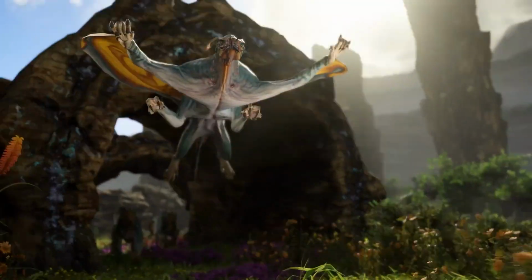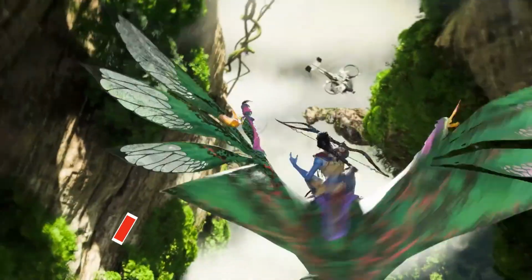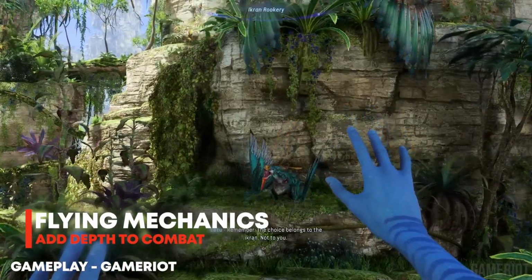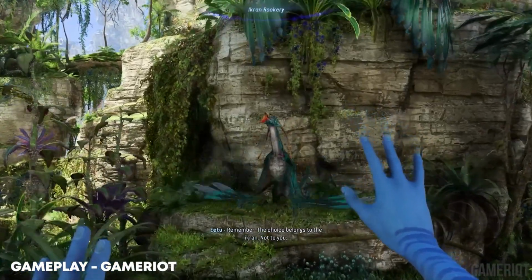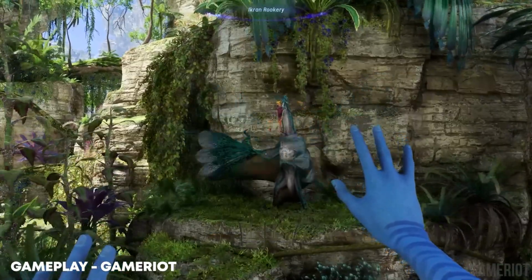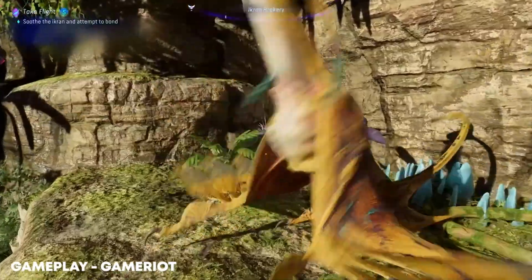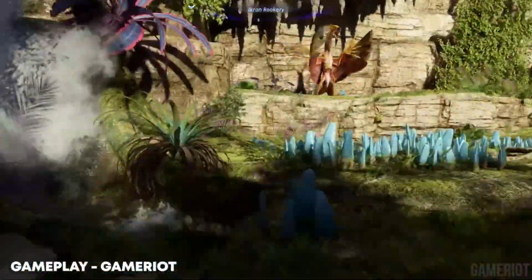Now, another interesting mechanic is to do with the flying mechanics in this game. Now, obviously we can fly an Ikran, which is one of those big, like, bird-like creatures. However, it isn't actually straightforward, as in you don't just get on and fly and then you can get off where you land. You can actually jump off in midair. You can free fall as your Navi and essentially continue